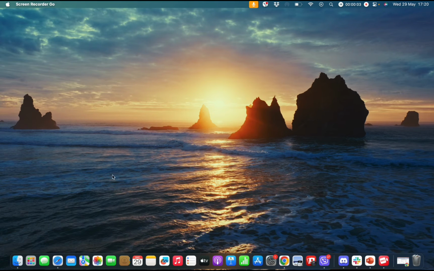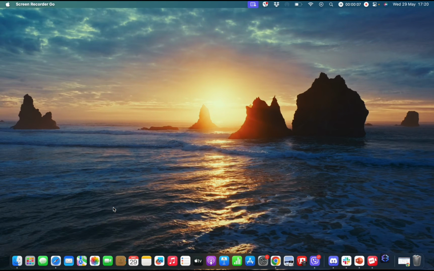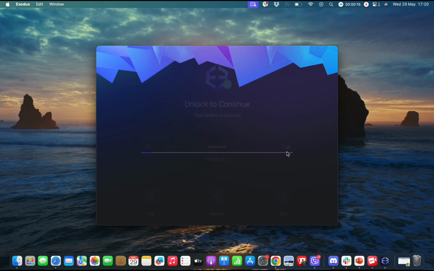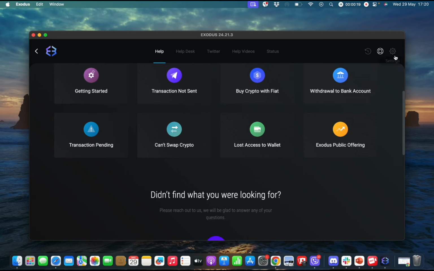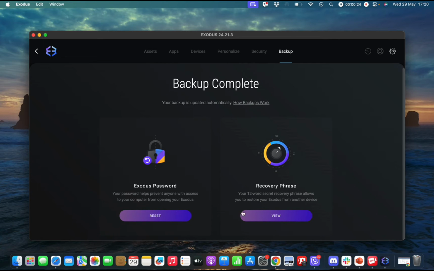So once you have tapped open the app from your launchpad, you will be ending up in this kind of interface where you need to now unlock your wallet by typing in your password. So once you have typed in the password, there is no appropriate option to hit the logout option. However, if you tap on the red button which has a cross sign in it, you will be able to